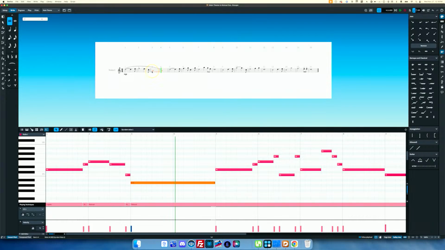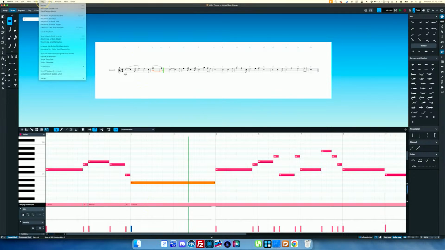Let's take it a step further. Let's say that we wanted to make this tremolo, like that. What's it doing? Well, it's sort of doing some weird stuff there because we don't really have a tremolo set up. So I could go in here and I could say,